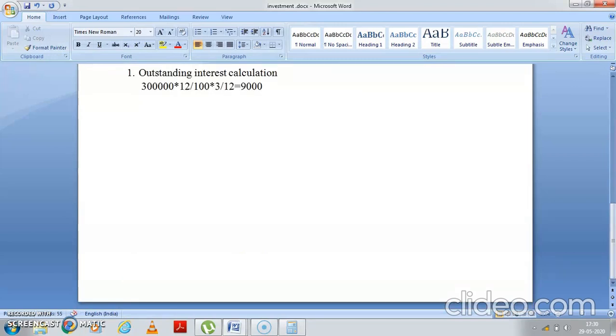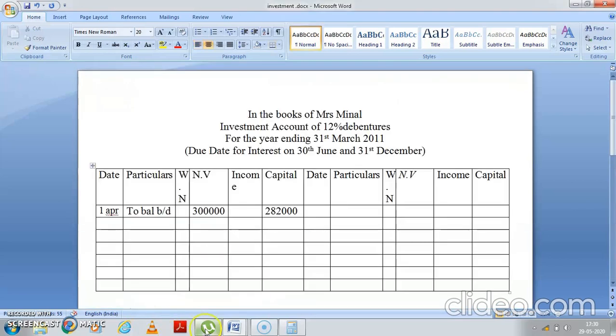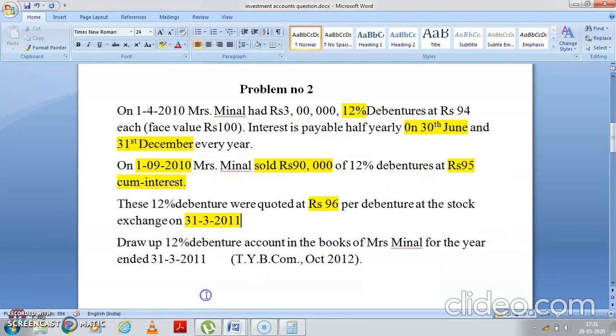9,000. Okay students, समझा? आपका यहाँ पे आउटस्टैंडिंग इंटरेस्ट क्यों आ रहा है? आउटस्टैंडिंग इंटरेस्ट आने का रीजन ये है कि you have invested the money. आपका दिसंबर में लास्ट इंटरेस्ट मिला था, तो जनवरी, फरवरी, मार्च का इंटरेस्ट due but not received. This is your working note number 1. चलो, अभी फर्स्ट हो गया हमारा एडजस्टमेंट, उसके बाद हम देखेंगे।